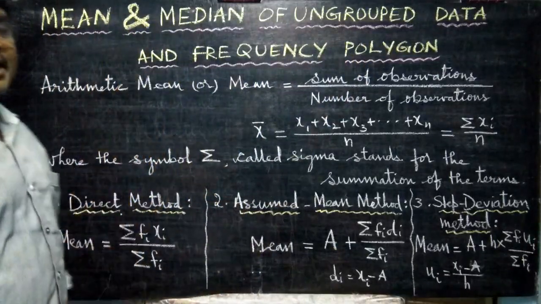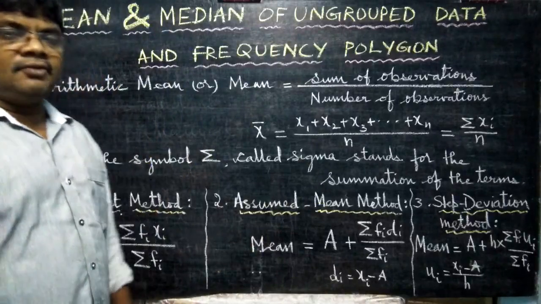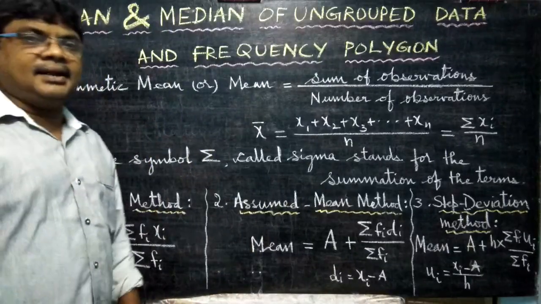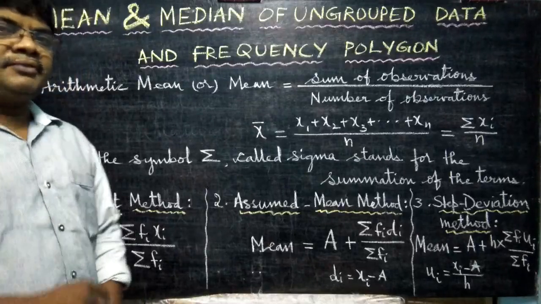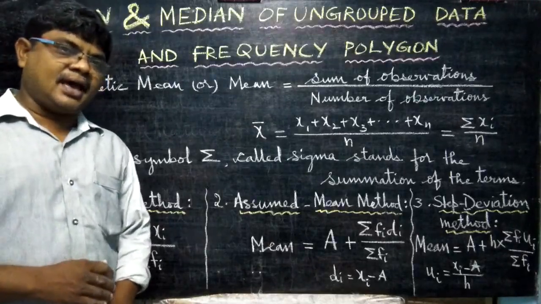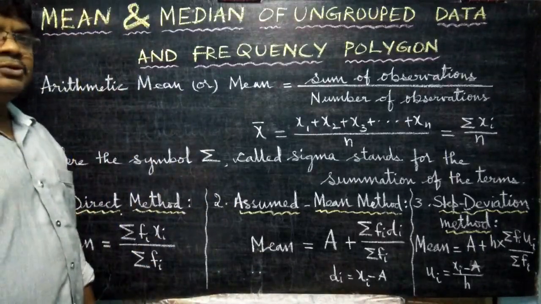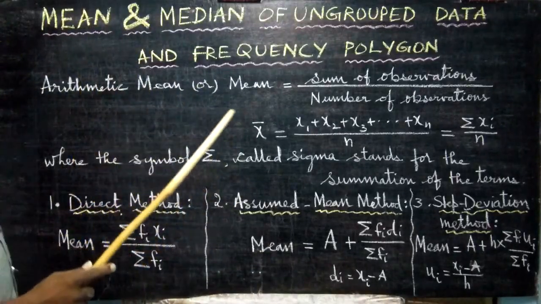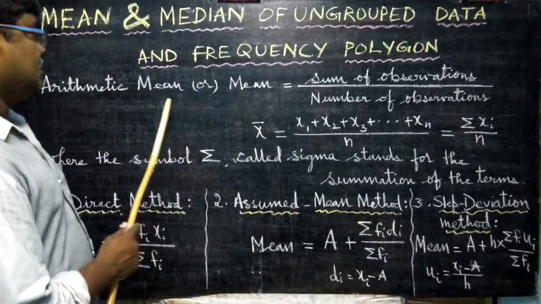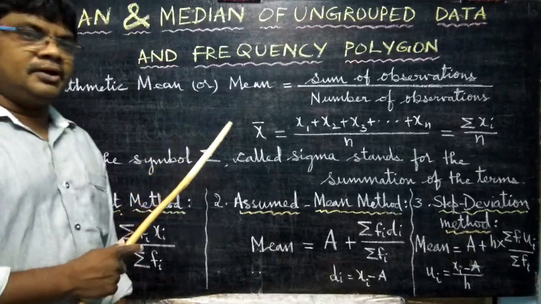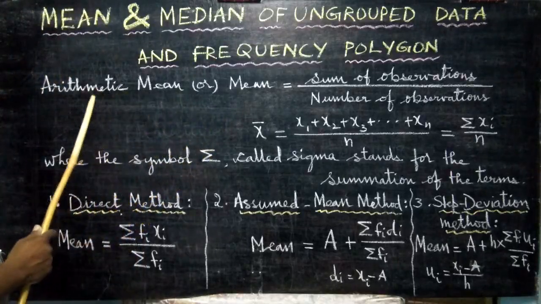Mean, indirectly we already know, is the average. When 3 or 4 subjects are given, immediately we will add and divide by the number of subjects. That we call the average. Another word for that average is mean. Are you able to follow? So you need not have much explanation because you are already doing that average. So directly we are going to start.